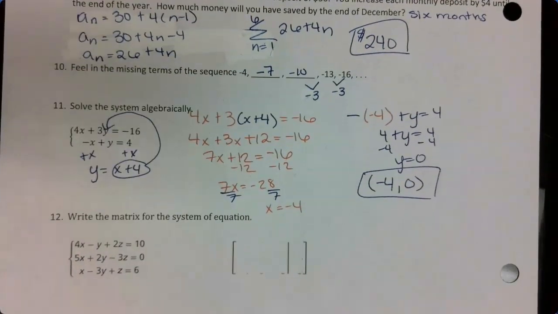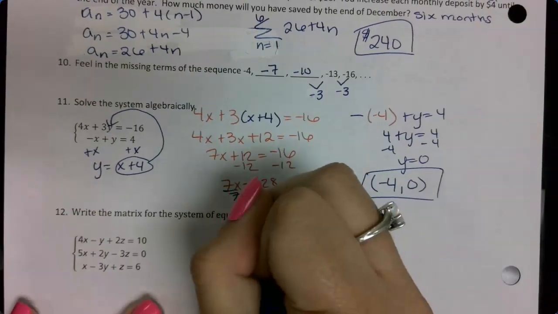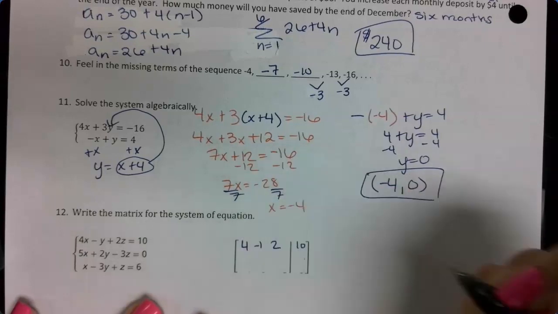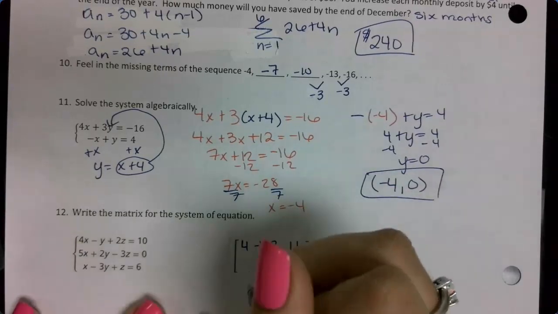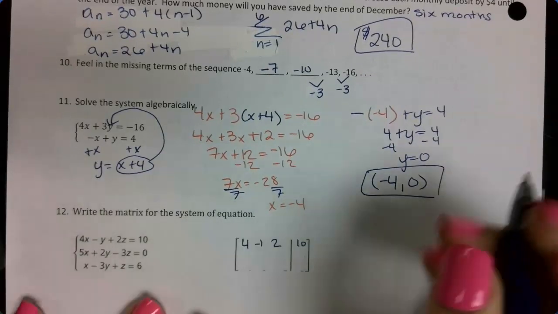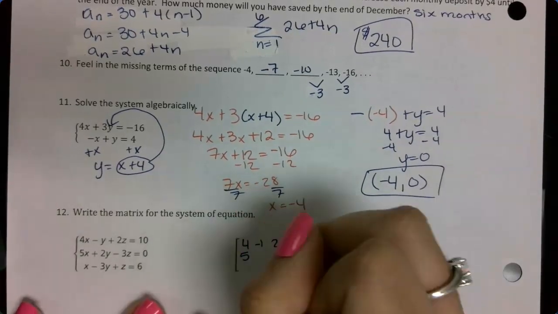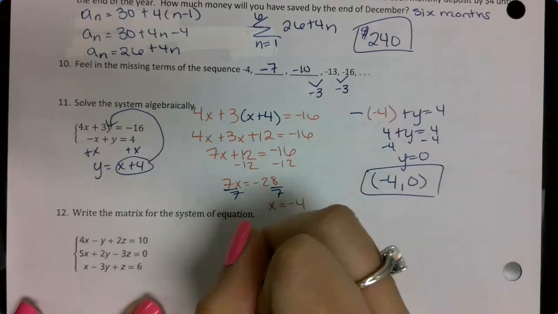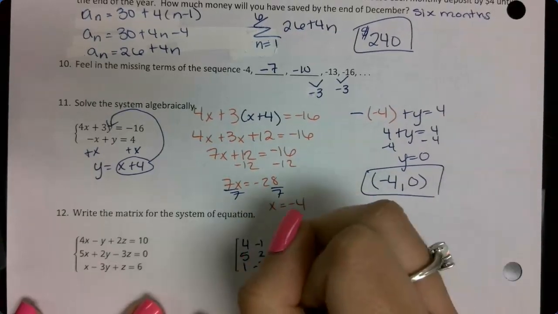My last one wants me to write the matrix for the system of equations. So this one is literally just taking my coefficients and numbers and putting them in. So I have 4, negative 1, 2. Then on my right side I have the 10. And I need to make sure my letters are in the same spots. It goes x, y, z. They all go x, y, z, so I'm good. I have 5, 2, negative 3, 0. And the last one's 1, negative 3, 1,